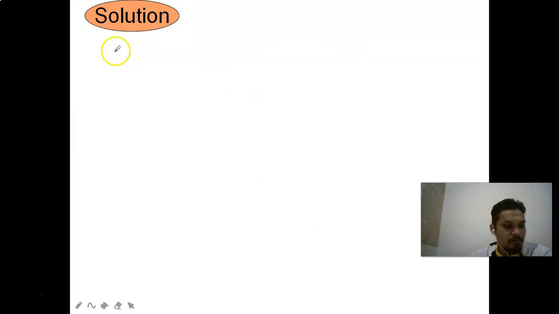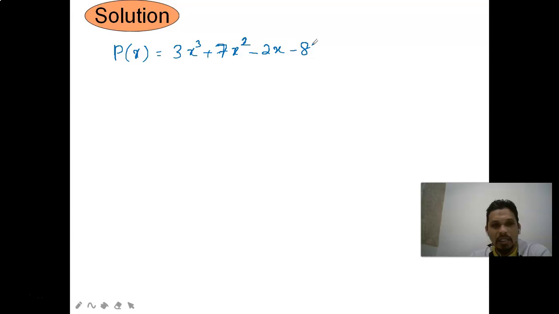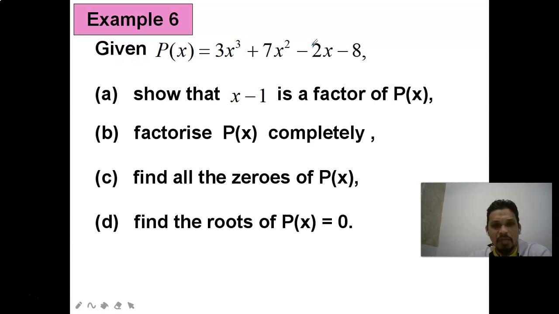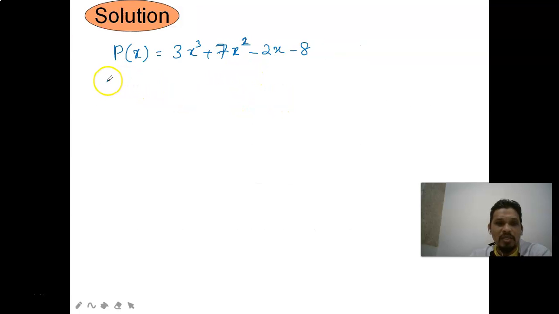Example 6. P(x) equals 3x cubed plus 7x squared minus 2x minus 8. Let's double check: 3x cubed plus 7x squared minus 2x minus 8. There you go. So the question is, show that x minus 1 is a factor. So it means that